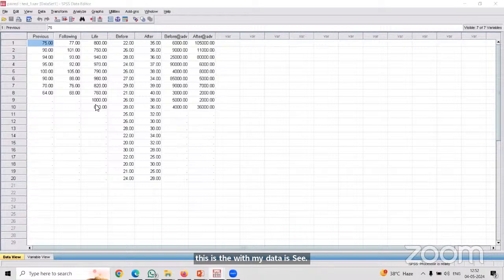The data is in quantitative form. It is not qualitative. The first assumption is satisfied: the observations are independent. Then normality must be there. Normality is there here as well. Normality will be there. Then next is